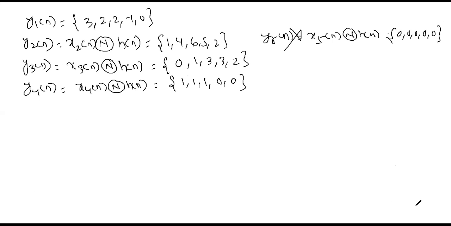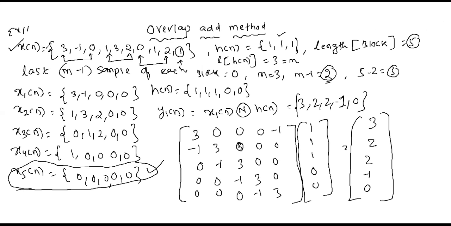So what did you do? First, you divide the whole sequence into subsequences, equal to the number of blocks, each block having length 5. This is the first block, second block, third block, fourth block, or you can say the subsequences. The process, as I said already, is that the last m minus 1 samples of all blocks or all subsequences always equal 0. And try to get an all 0 sample sequence.